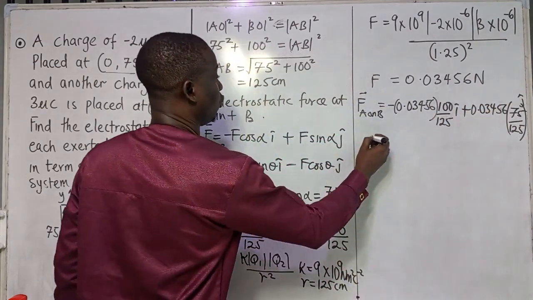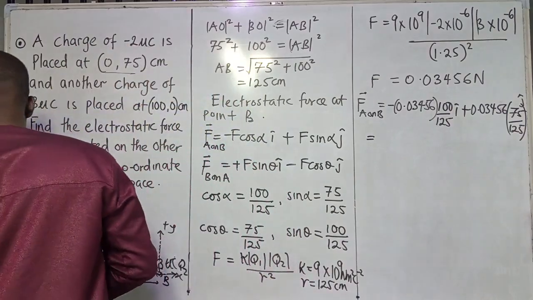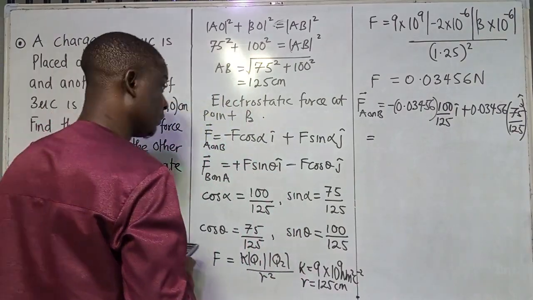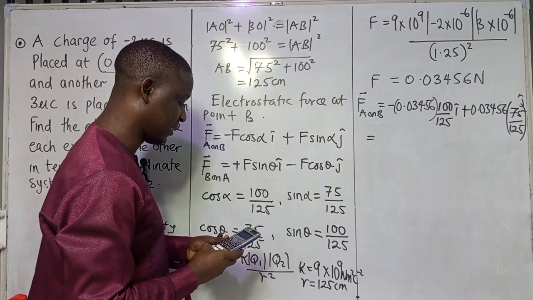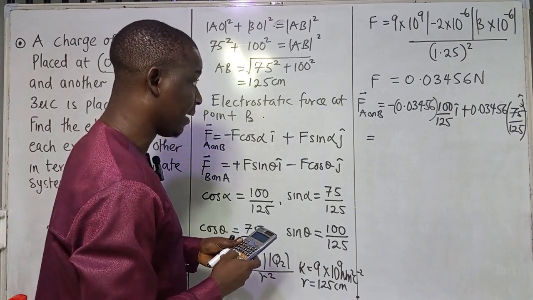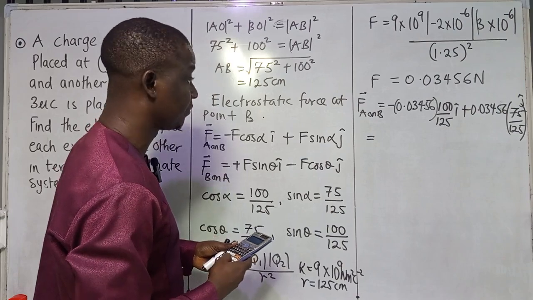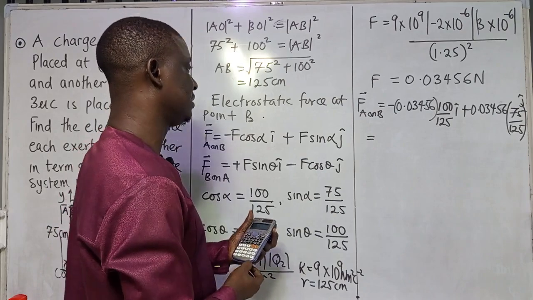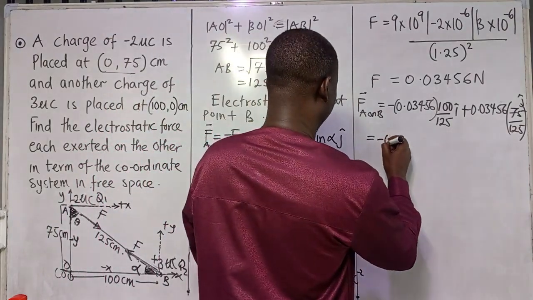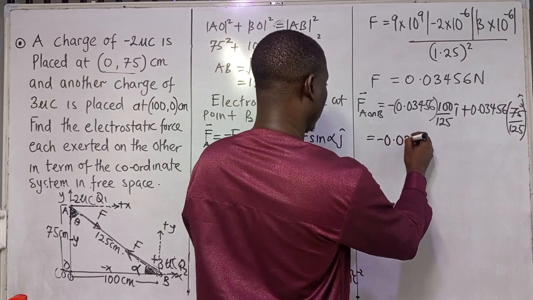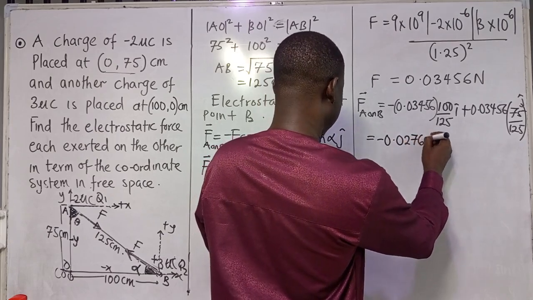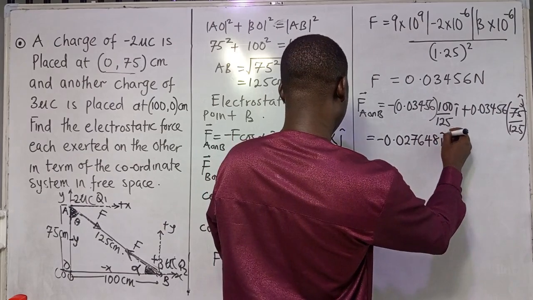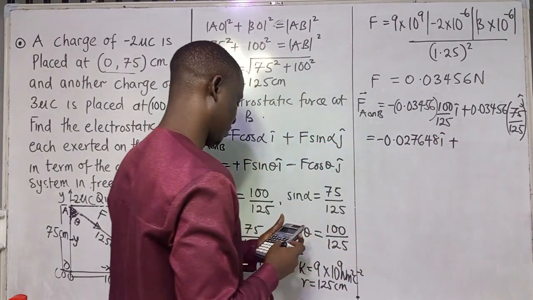So what do we have? You press your calculator now, times 100, then divide by 125. That will give us minus 0.027648 i plus